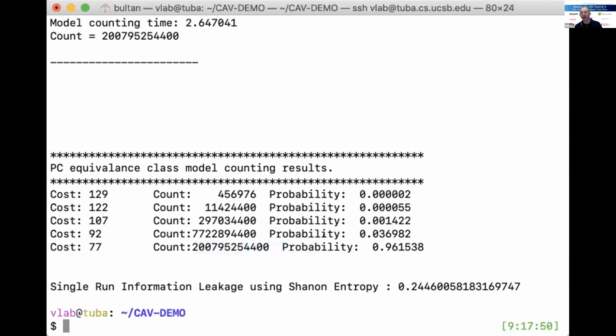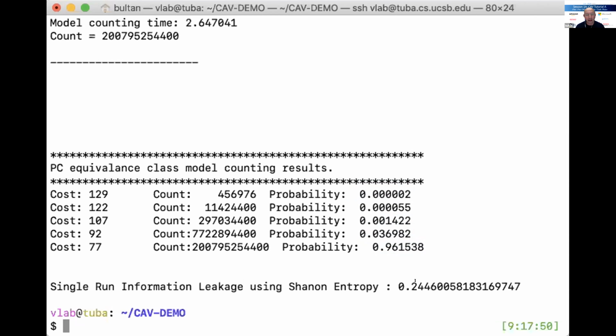So this is a 4-character password, right? The most likely scenario, if the inputs are randomly chosen, both the password and the input, is that the first character is not going to match. And that's basically what we get. If you randomly pick 2 things, the first characters don't match. Now, the second likely scenario is the first characters match, and we get a probability for that. And then 2 characters match, 3 characters, and then all 4 characters match, right? So we get all these probabilities, and based on that, it does the entropy computation, and we get 0.24.